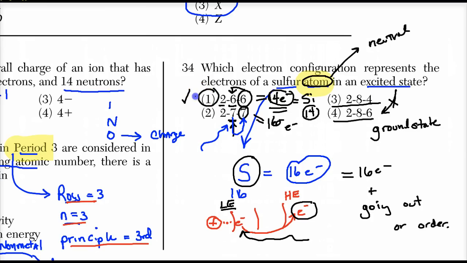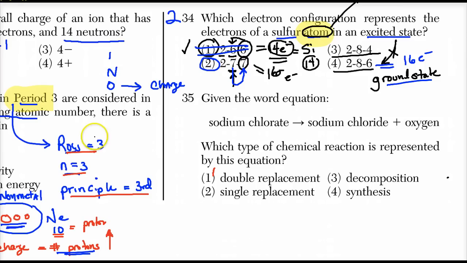So the best answer here is choice 2, the only answer. That's the only one that is sulfur in the what? In the excited state. Notice this other one here. Number 4 is sulfur because this equals 16 electrons as well, but it is in the ground state. Number 34 is 2. Number 35, given the word equation sodium chloride, and oxygen, what type of reaction is represented